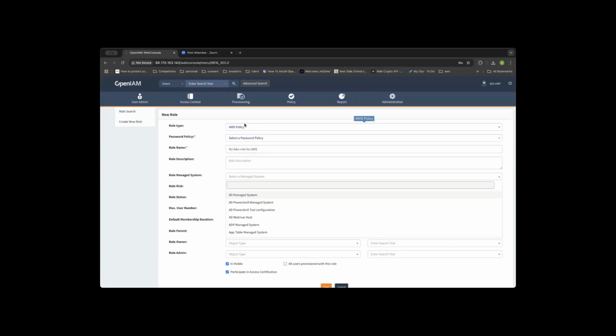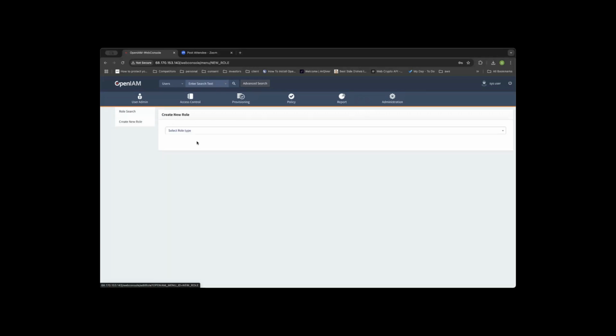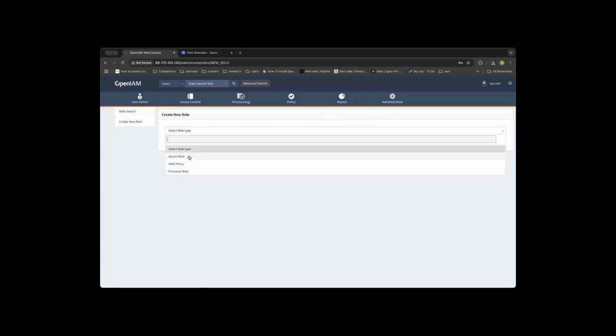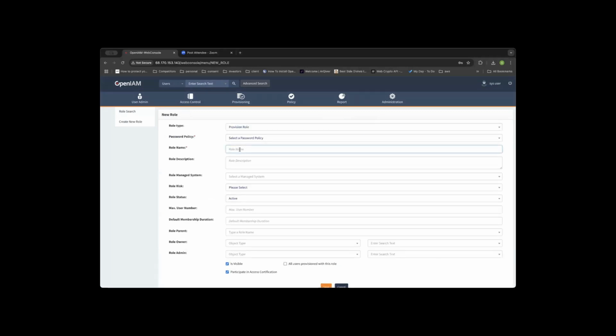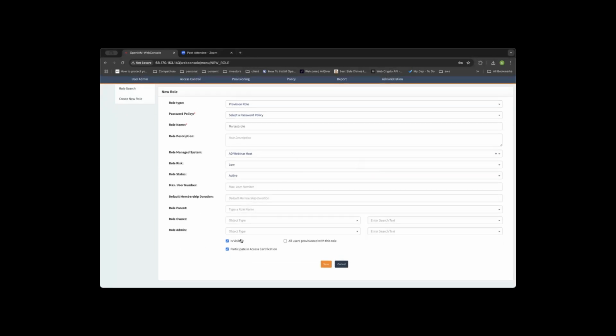And actually, you know what, let's not do that. Let's create one which actually has other things which I can use. So let's just say we're going to make a provisioning role, right? And I'm going to get it entitled to our AD, right? And these are values that I can give. Now, there's some other parameters here and things like,